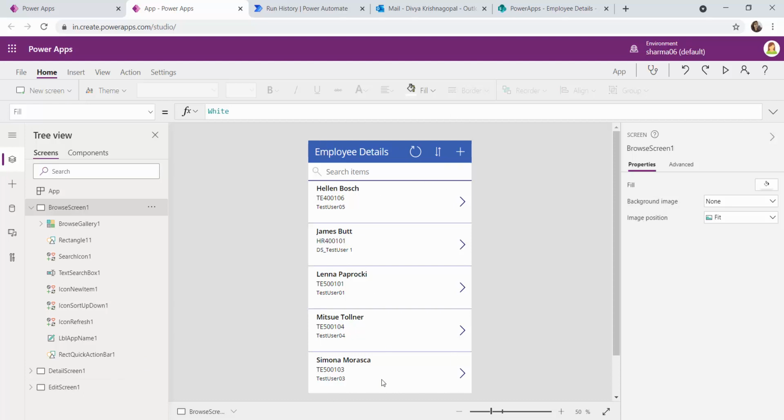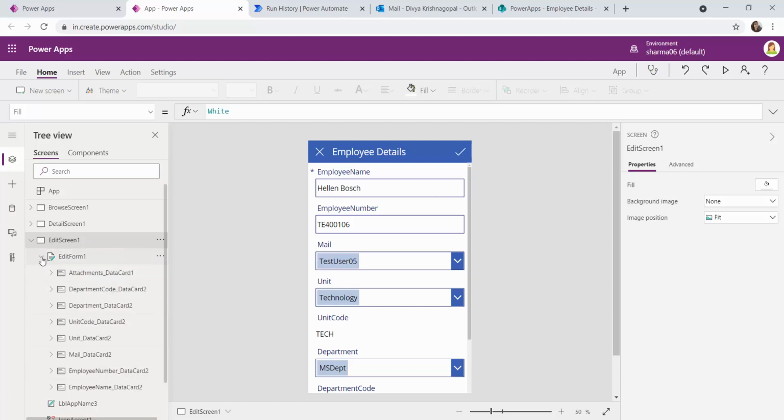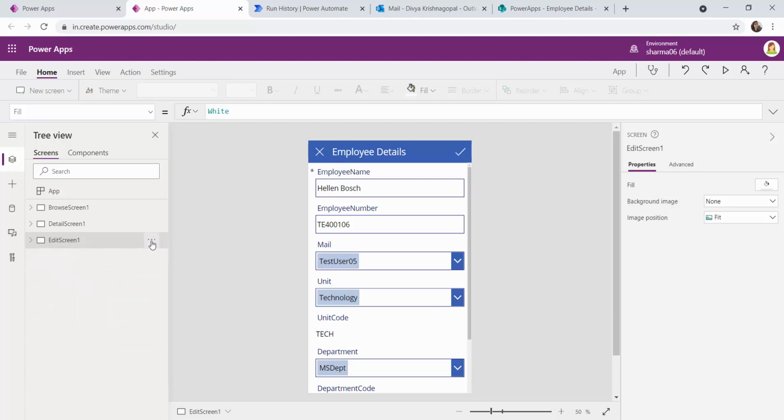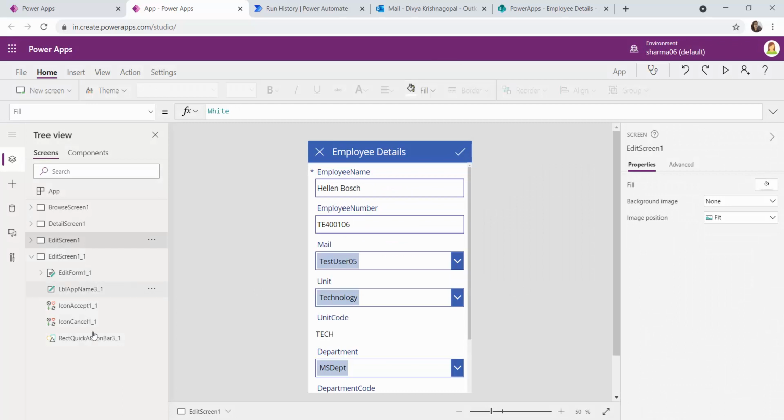It's a fresh form. So for demo purpose and for easy understanding, I am going to replicate this screen by clicking onto the three dots and duplicate screen. So by using this option, all the controls present under this screen, including the form and the form controls, will get replicated into a new form and the names will get appended by _1.